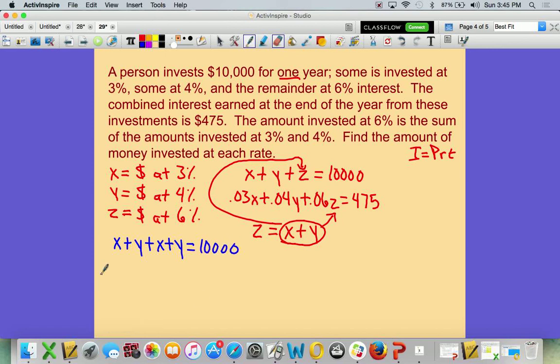And then I've got 0.03x plus 0.04y plus 0.06 times (x plus y) equals 475. Now what we need to do here is we need to run this 0.06 through here. So when we do that,